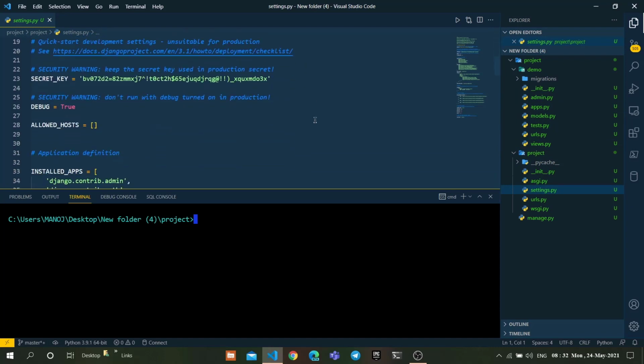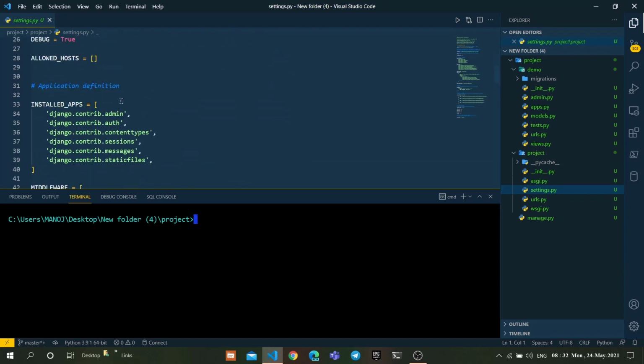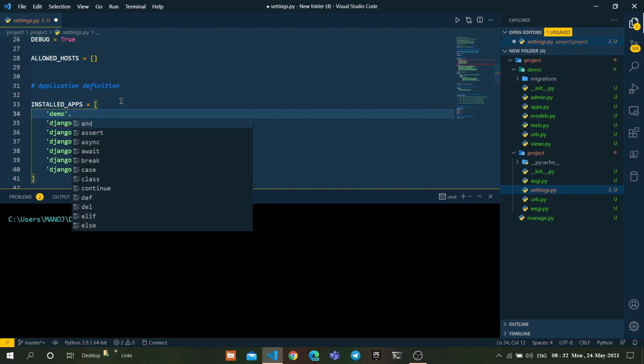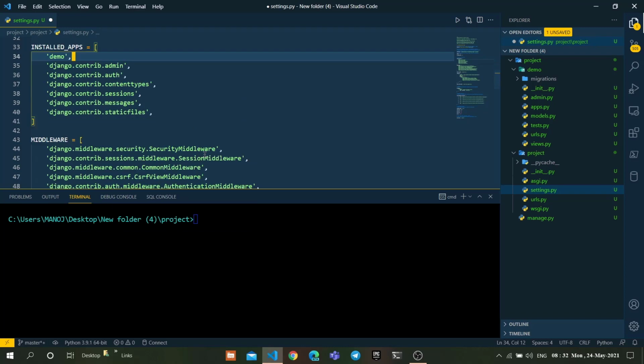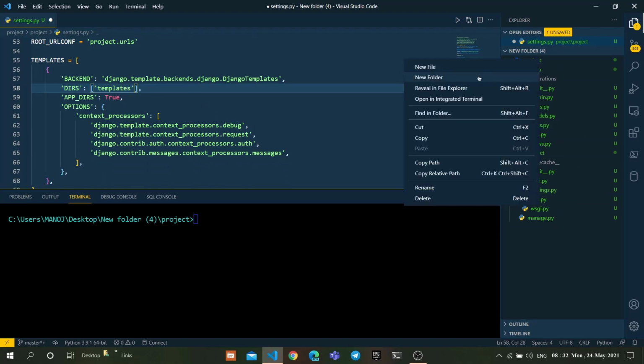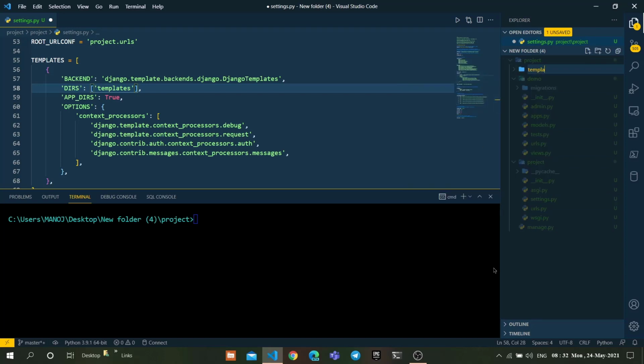Alright, go to the settings.py file and configure the demo app in installed apps. Make sure you keep a comma here. After that, configure the templates in this array. For that, I'm going to create a new folder, templates, which can hold all HTML files.